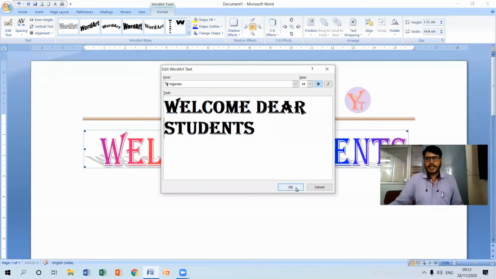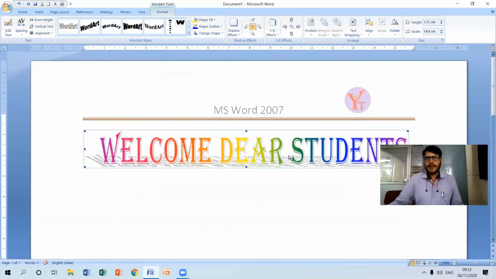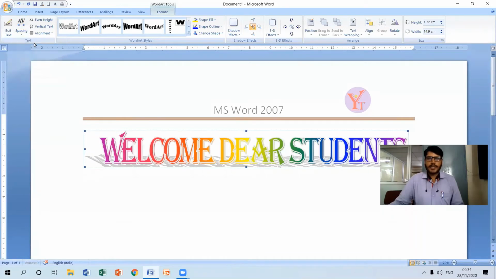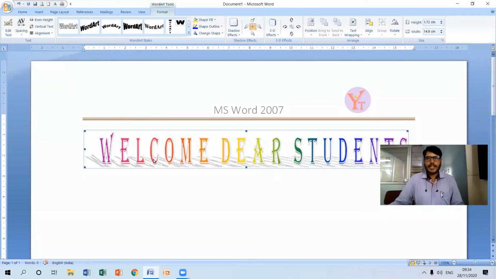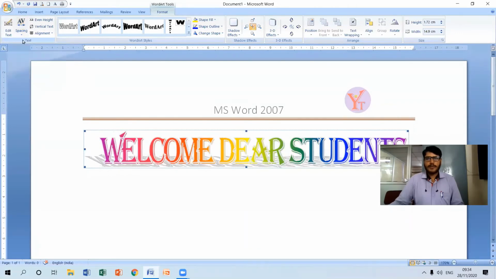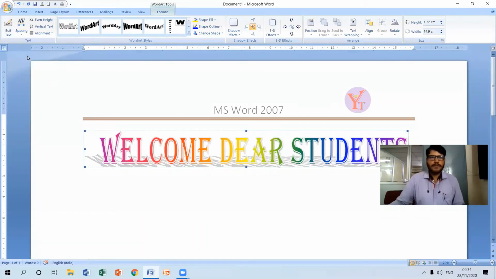So likewise I can edit the content, and you can see the word art has applied that particular change. Similarly, we can increase the space here, and even decrease the space by using the spacing option here, like this, right? You can see here the space has been increased, and also the space can be decreased by using the spacing option. So this is normal spacing.